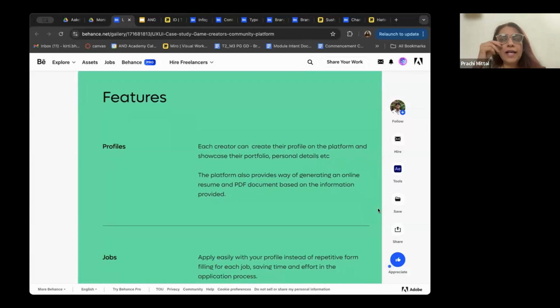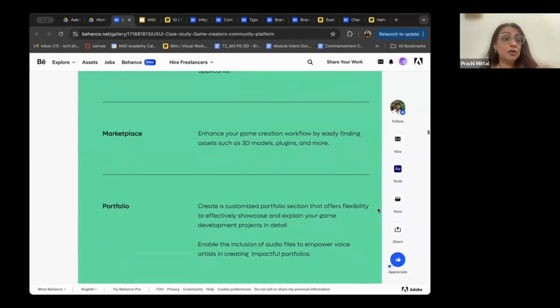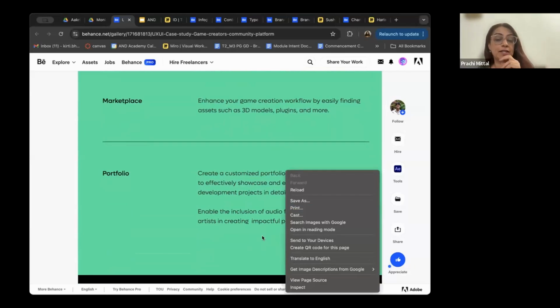So features are really like, okay, the ability to save a list that I will watch later. Multiple people have different lists. So what do we do? So, okay, a feature that you can create your own profile on Netflix or Amazon Prime or whatever OTT platform, right? So that's a feature. So he then, taking his insights, started listing various features that will be on this platform. Let's keep scrolling now, Kirti. Yeah. So a marketplace, from where you can pick up assets, right? You should have a portfolio showcase feature, right?